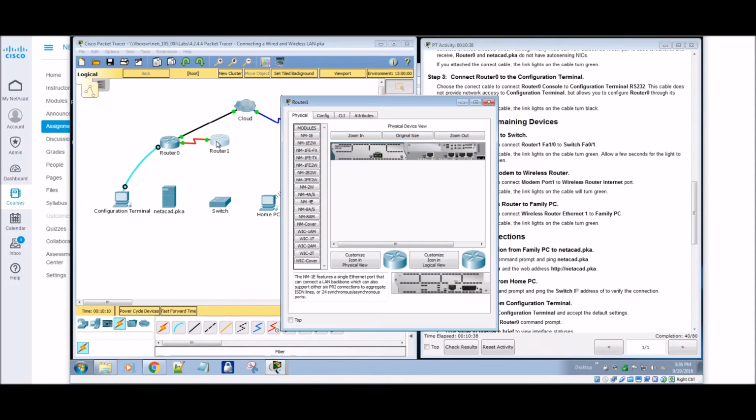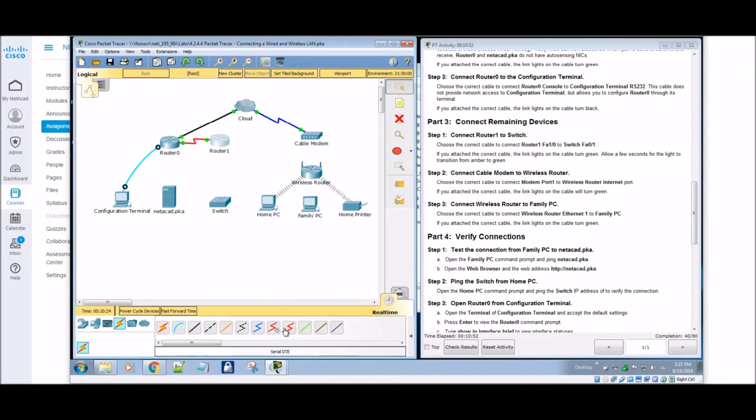So when we're looking at our router and the devices on here, we know we have Ethernet still open. We have our console, we have our auxiliary, and we have our fiber optic there, and we have our Ethernet there. So if we went to do a serial connector to our router, there is a serial port there, and we could connect it, but on our switch there is no serial port. And that's what I tried to do. I tried to connect a serial, and I can't do that because there's nothing there.